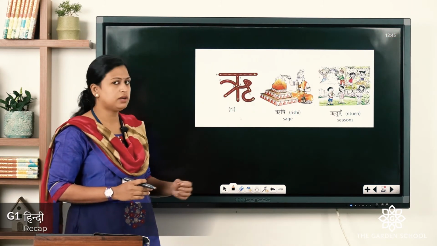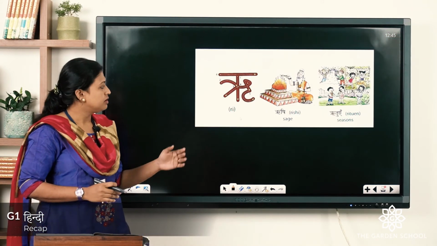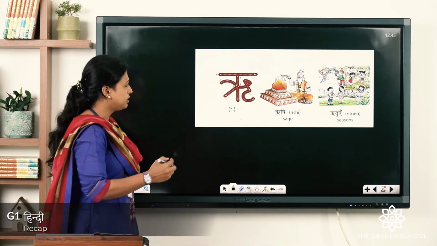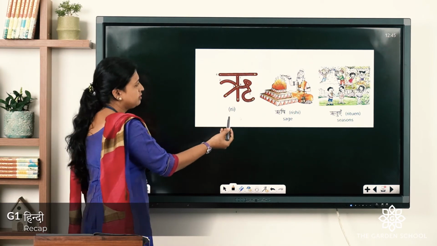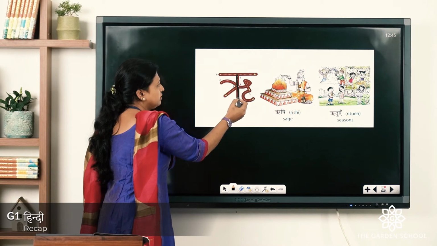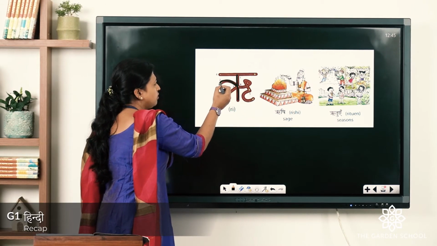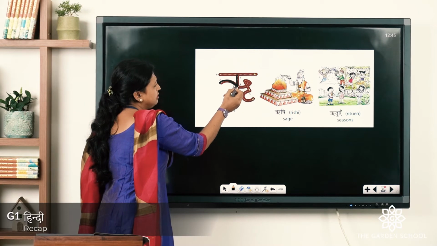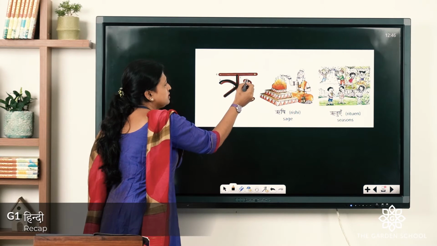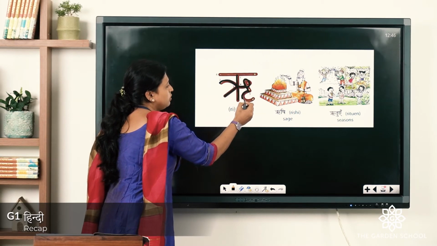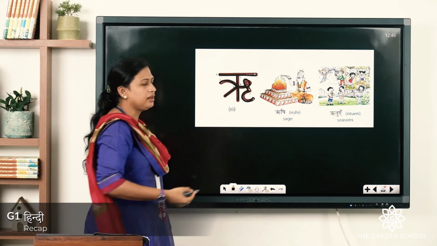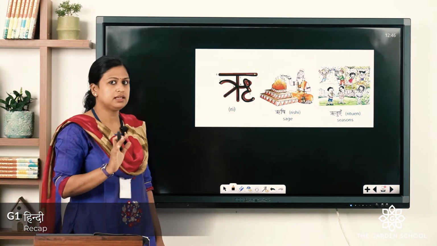Now, let us see a few words with this Re. Re for Rishab. Here you can see Rishab. Once again I will tell you how to write it. First a straight line, then on the top a slant line, down also, then a short sleeping line. It goes up, then down and an inverted C. And on the top there is a sleeping line. So, you have to practice this in your notebook.